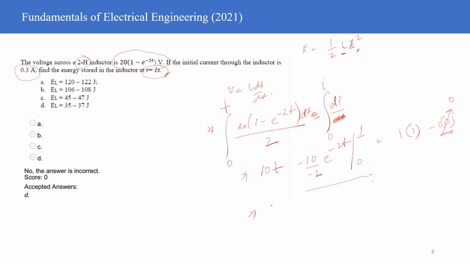Now if you put it here, the minus will become plus, so 10 plus 10 e to the power minus 2, and subtracting 10t, at time t equals 0, so this is equal to 0, and